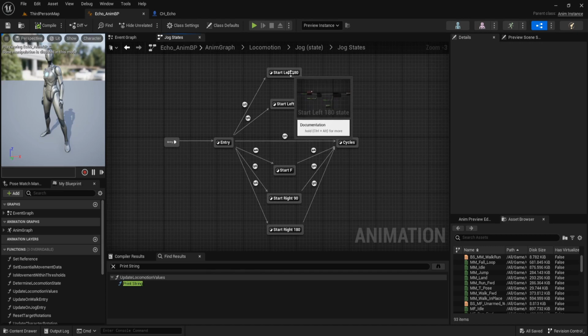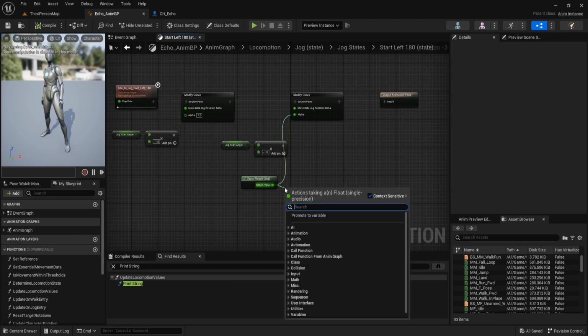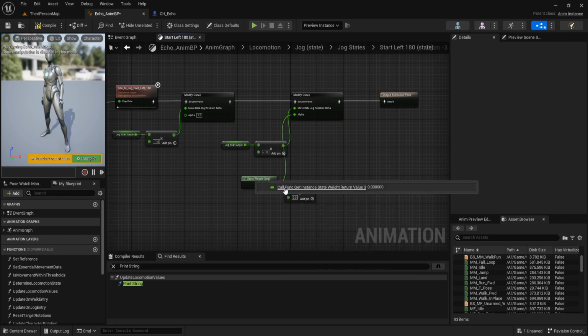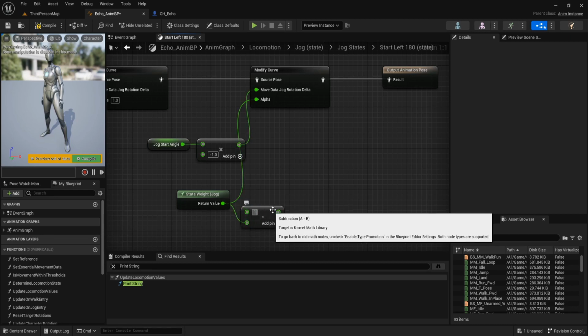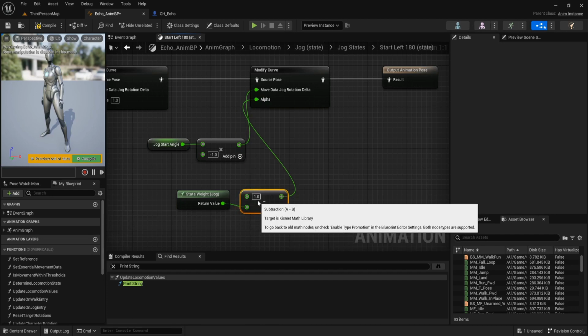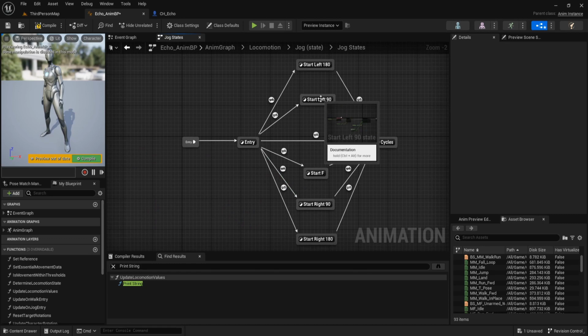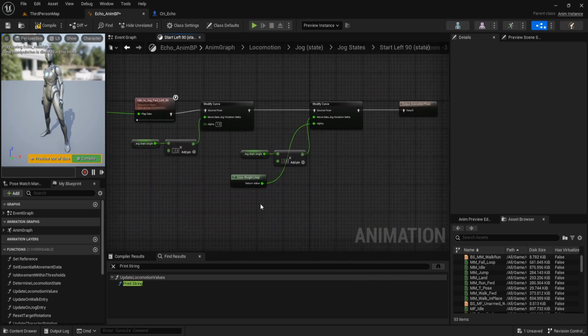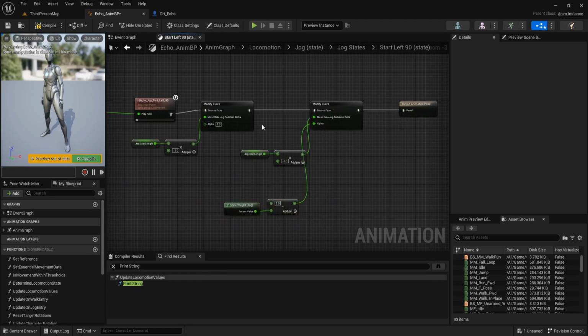Open this start left 180 and this state weight we subtract, and get 1 subtract with the state weight. Can copy this and start left 90 the same, 1 minus state weight connect to alpha.